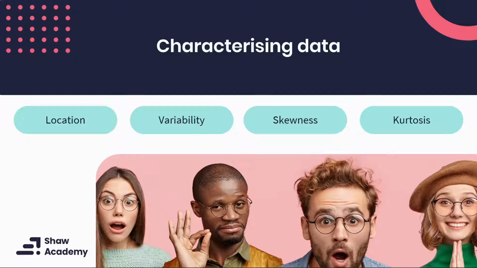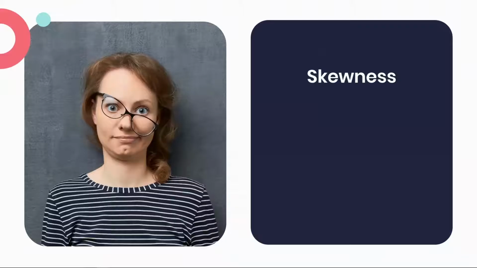We already know that measures of central tendency have to do with data clustering around a certain point, and variability tells us more about the spread around the central value. Skewness tells us more about the asymmetry of the distribution, and kurtosis tells us more about the peakedness of the data. So how do we know if the distribution is skewed or not?